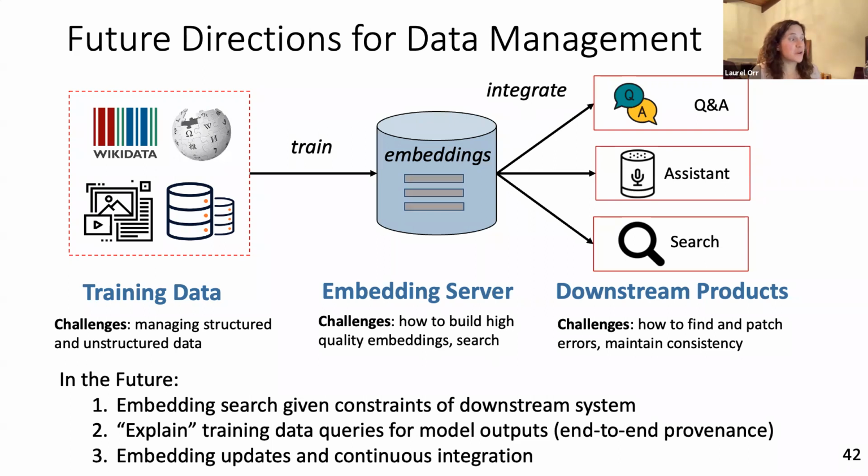I think some really interesting questions for me are: what about embedding search? Specifically, I am building a QA model. How do I know what embedding is best for me? In particular, when I'm dealing with memory or compute constraints, where I can't just take the biggest model that there is.